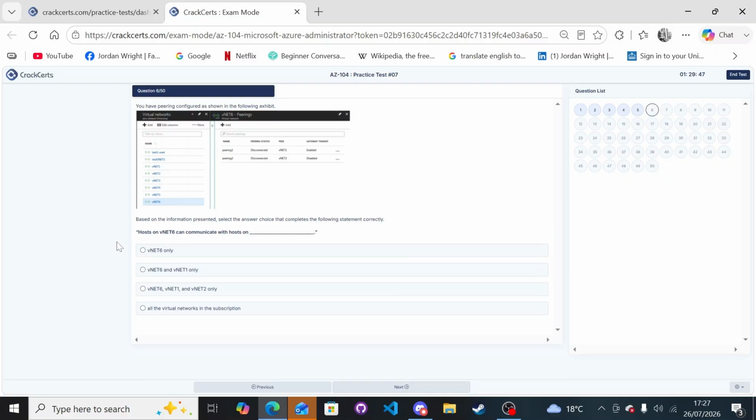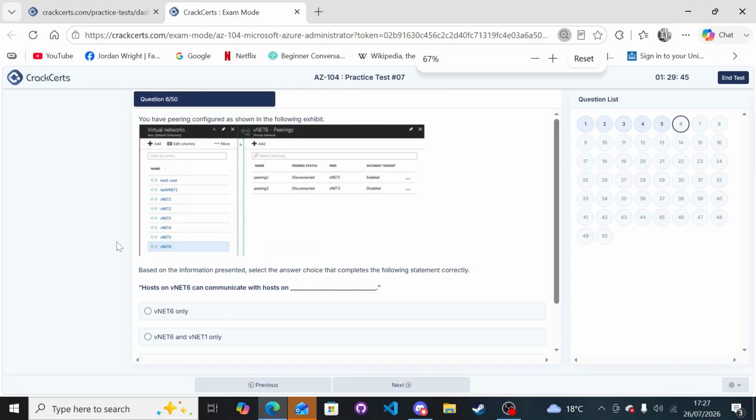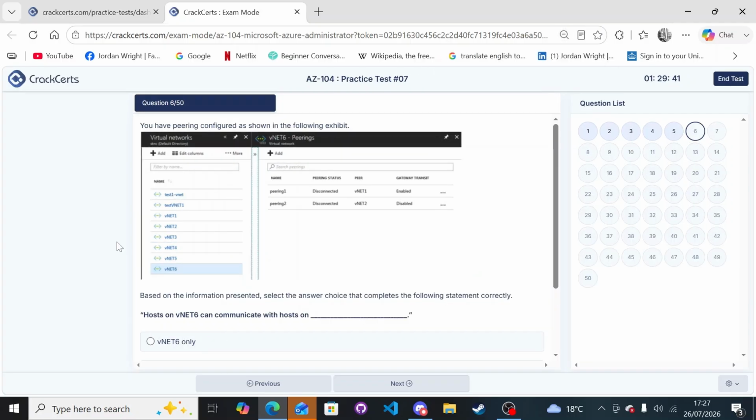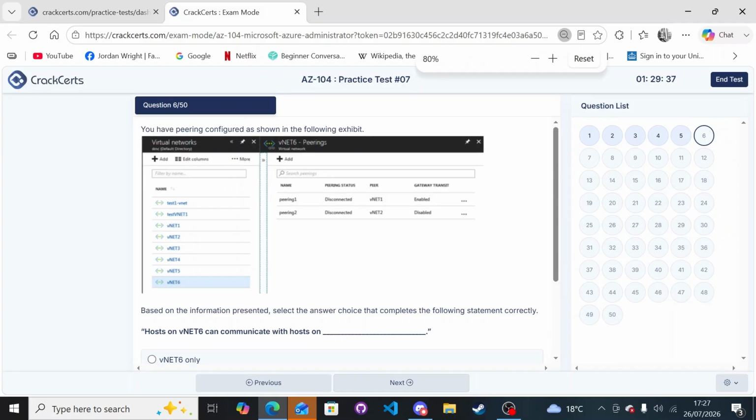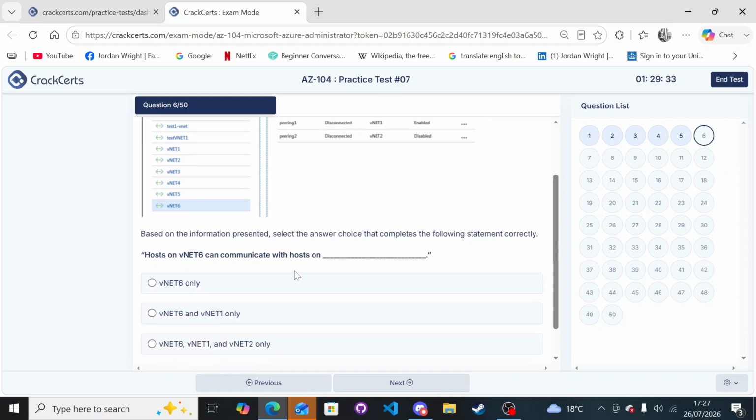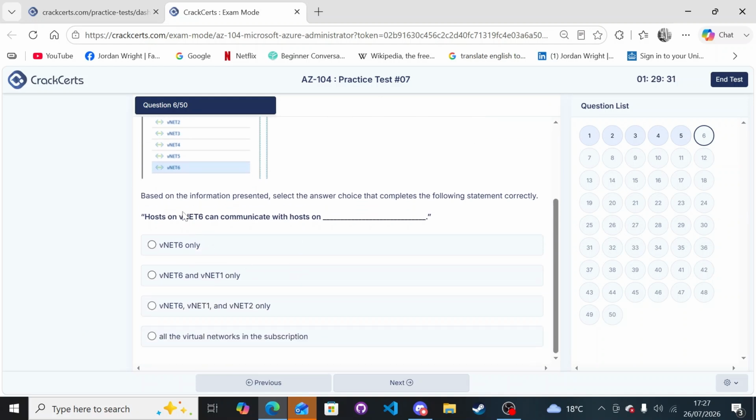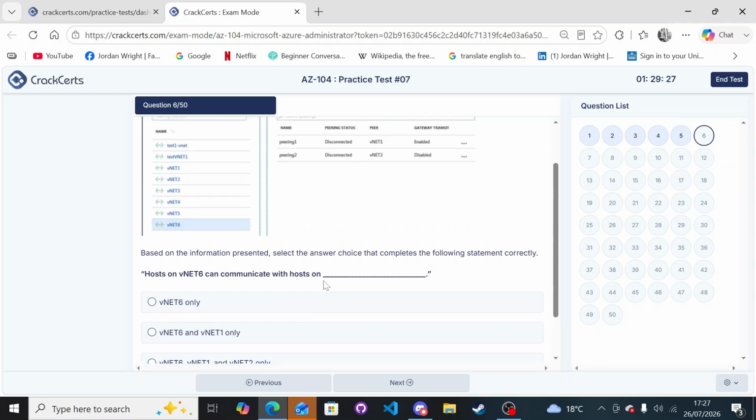Oh, hold on. Zoom in. Hold on, I'll zoom in a bit more. Oh, so the VNet peering. It's a bit blurred there. So hosts on VNet 6 can communicate with hosts on